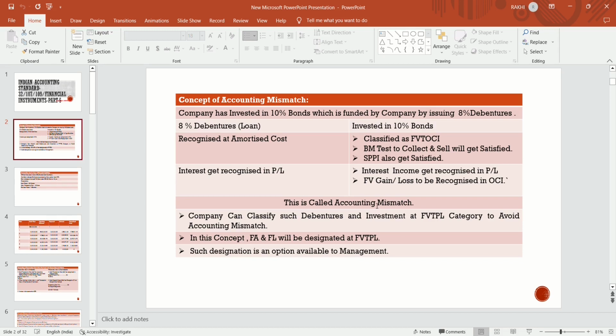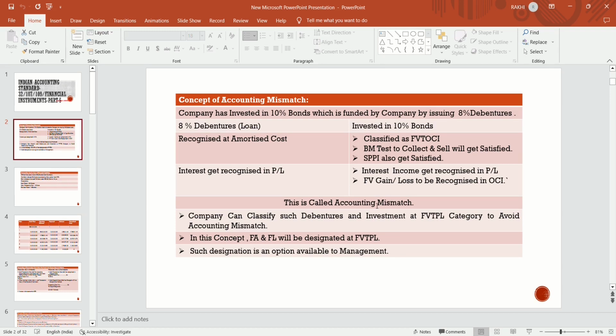And to recognize a liability at fair value through profit and loss account, there are criteria, like held for trading or derivatives. In this case, this is a loan, purely a loan, so it should be recognized at amortized cost by default as it is a financial liability. In the other case, this loan amount is totally funded to the investment in the 10% bond. So if the company has taken a loan at 8% and invested at 10% in a bond from the same loan amount, and you are recognizing the loan at amortized cost